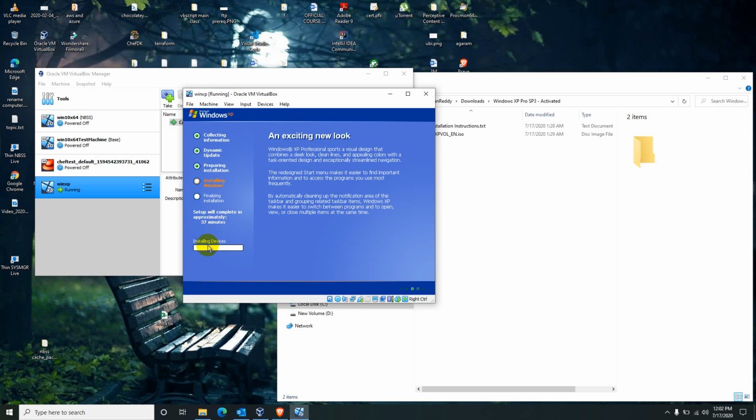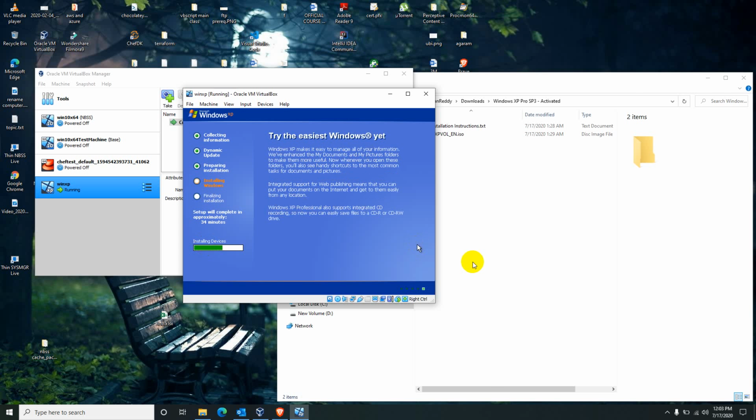And you see the more detailed information down. It is installing devices. Unlike Windows 7 and Windows 10, where you have all the pre-configured network drivers and everything installed, Windows XP you don't have that. If you are installing on a direct laptop, you need to fetch those drivers also. But I am installing on a VM in a VirtualBox, so I don't need the drivers in this one.